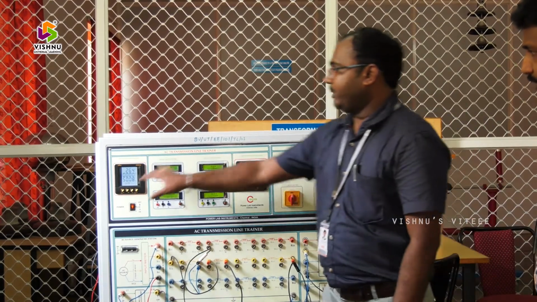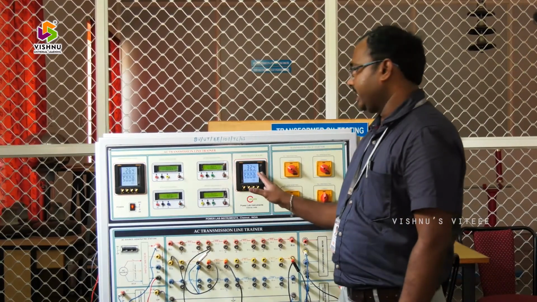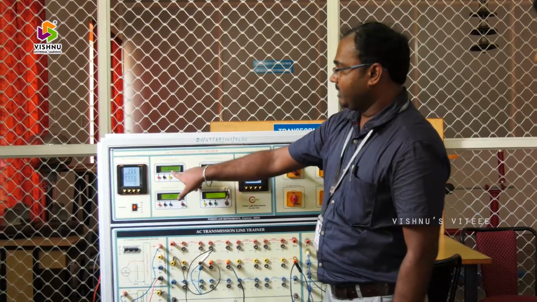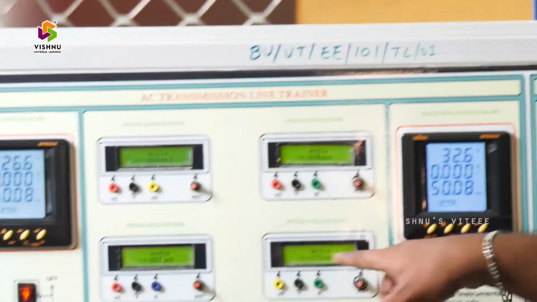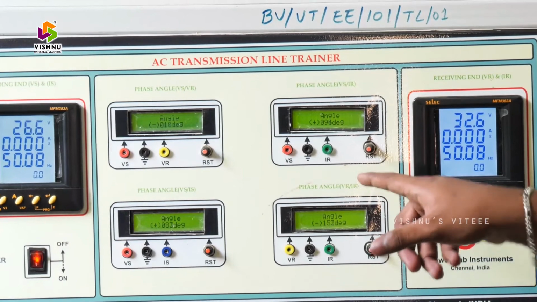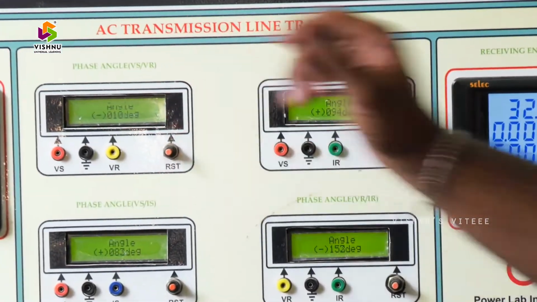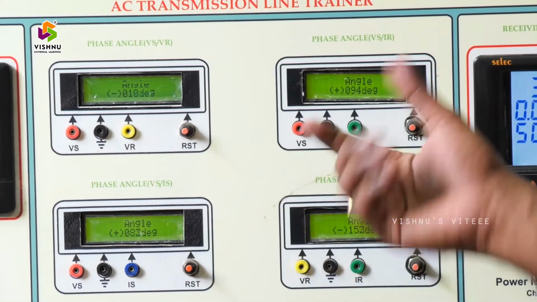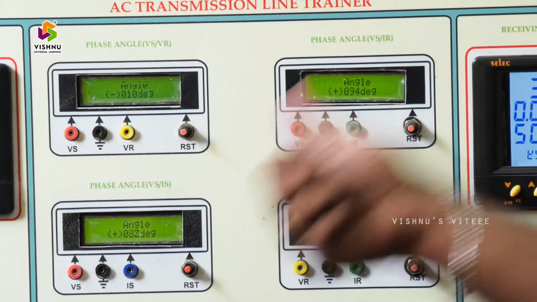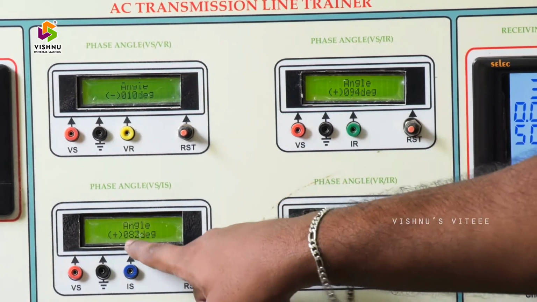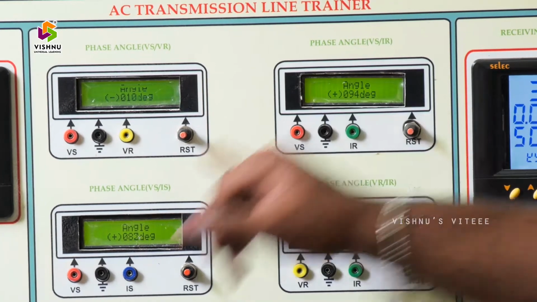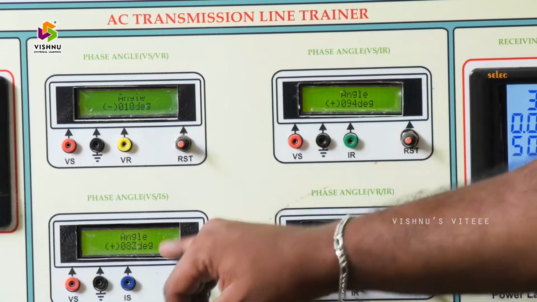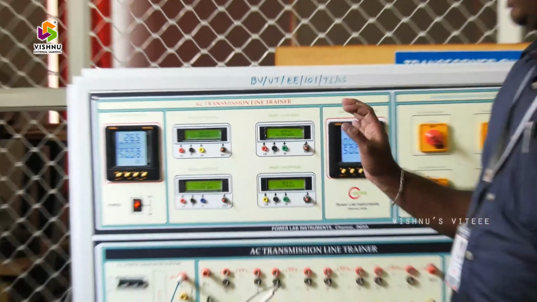Okay. So after measuring the magnitudes of the sending end voltage and sending end currents, we need to measure the angle also. For that, we need to measure Vs by Vr angle and Vr by Ir angle. So for the A value, the Vs by Vr angle is required, and for the C value, Vs by Is is required. So you need to subtract these two values. This is plus 94 degrees and this is plus 82 degrees. So you need to subtract these two angles in order to get the angle for C, the parameter C. Okay. So that is about the A and C parameters.